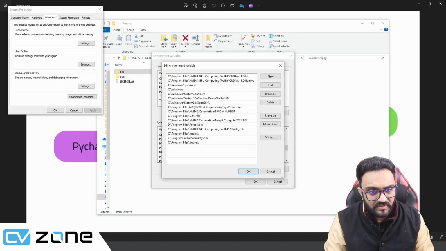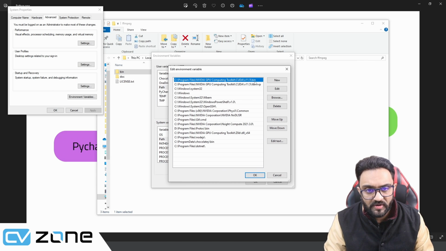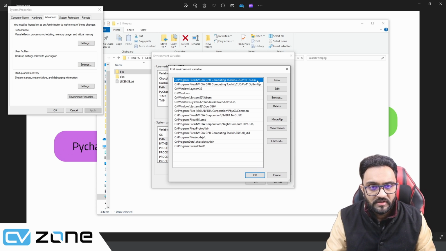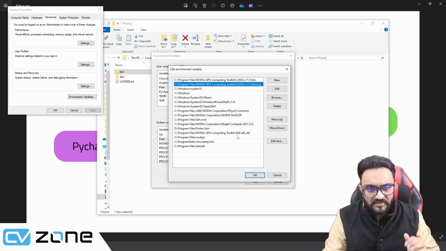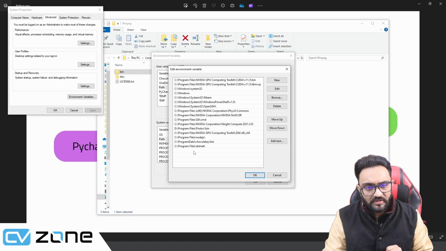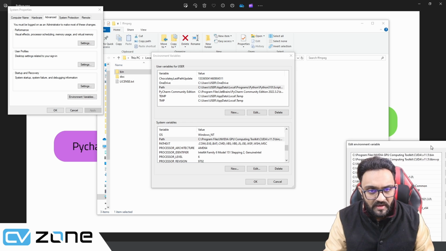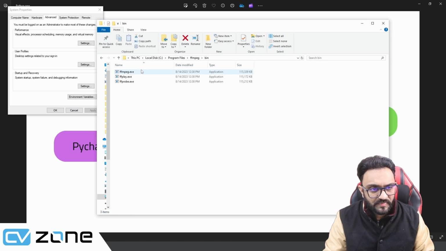And then you also have for ffmpeg. It's not here yet, or did I forget it? And yeah, you can see here, you make sure the bin folder is in the environment variable. Now normally if you install it, it should automatically do that for you, so you don't have to worry about that. I believe these are automatically generated, but for the ffmpeg, you have to do it manually. I'm not sure why it is not here. So anyways, what you do is you copy this path for the bin,